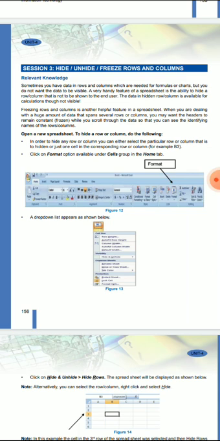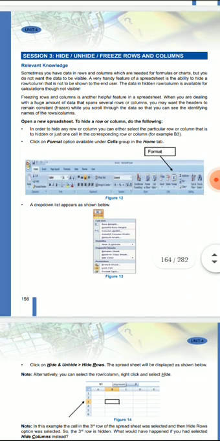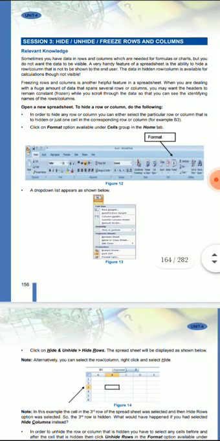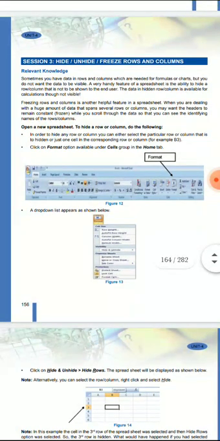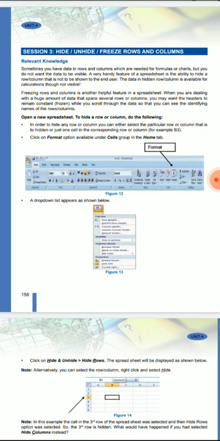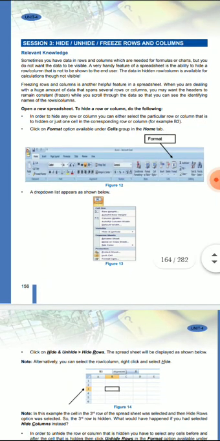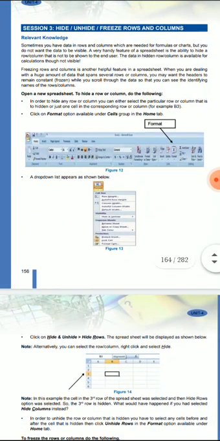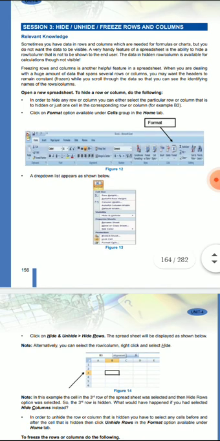And at the same time you need to access the entire sheet at once, and you need to keep any particular row or column frozen. Then how do you do that? You use the freeze panes option, that is, freeze rows and columns. Freezing rows and columns is another helpful feature in a spreadsheet. When you are dealing with a huge amount of data that spans several rows and columns, you may want the headers to remain constant while you scroll through the data